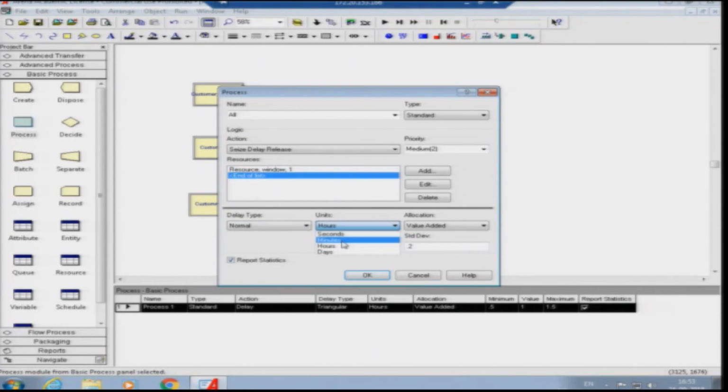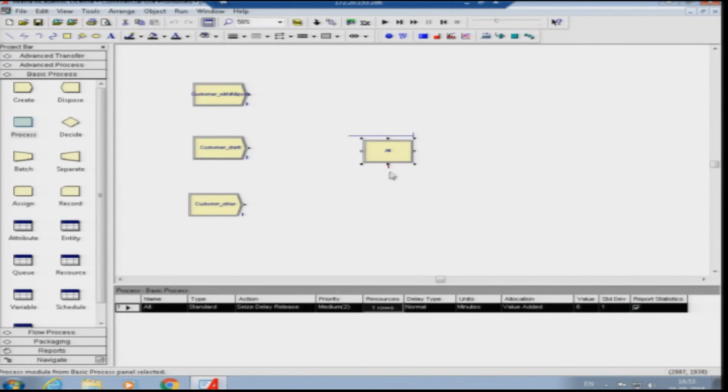Say for example, for this particular case what we assume is that all the customers are getting served with similar mean and standard deviation using a normal distribution. Say for example, all the customers are served with a mean of 6 minutes and a standard deviation of 1 minute, irrespective of what service the customers want.